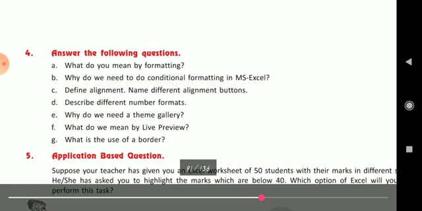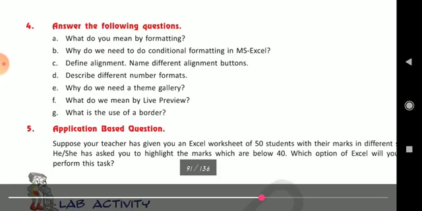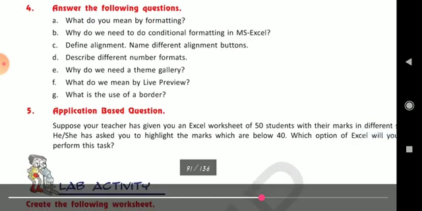Because if the cell value meets the condition, Excel applies the conditional formatting. So the answer is simple, that when the value of the cell meets the specified condition, we use the conditional formatting feature to assign certain formatting only when the value of the cell meets the specified condition. For that we need conditional formatting.